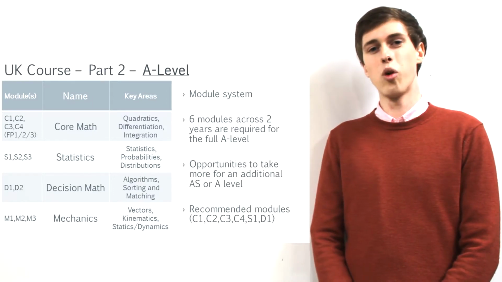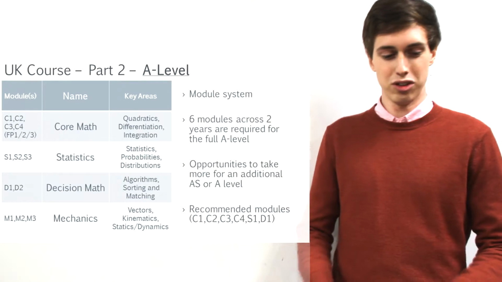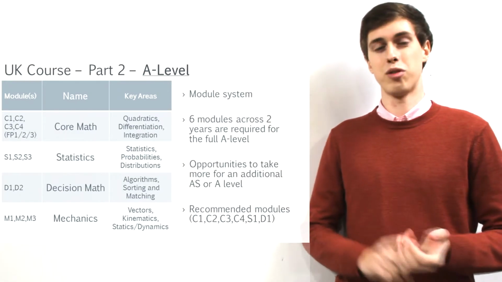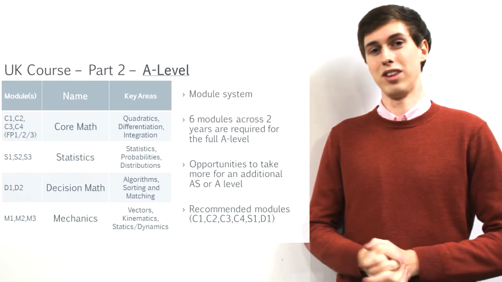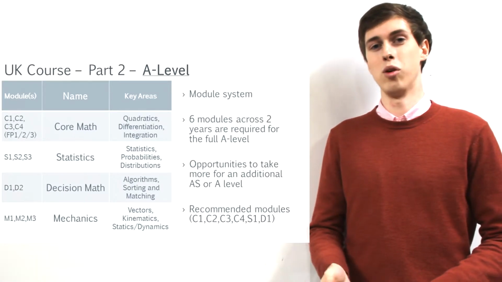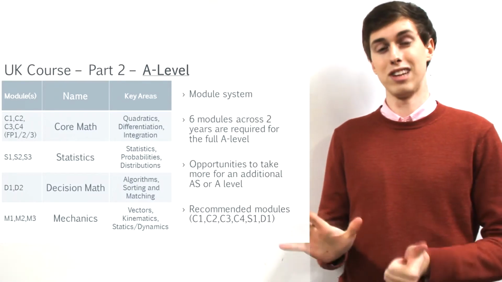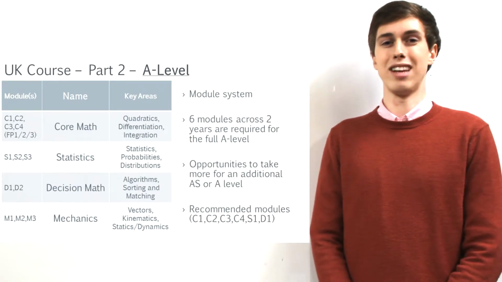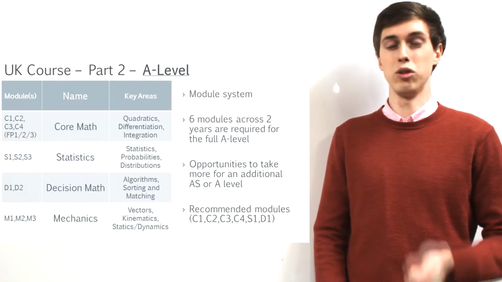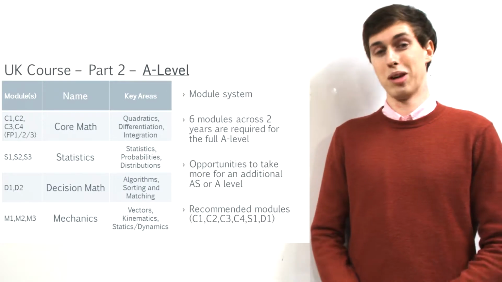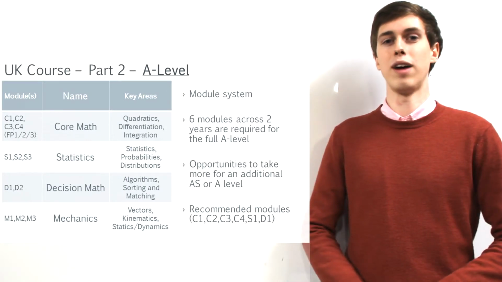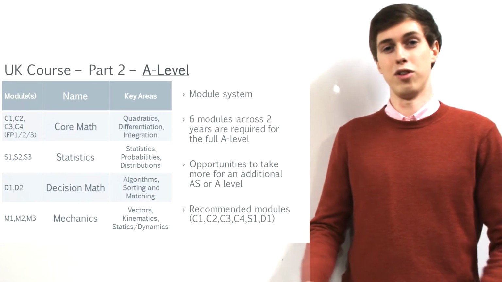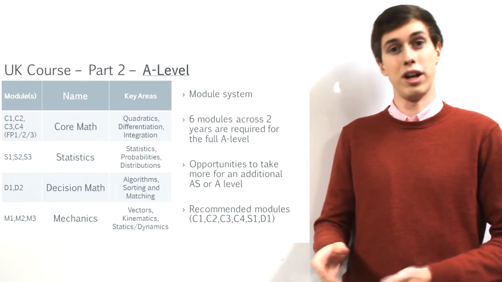We begin with core math, which introduces some quadratics, differentiation, and integration. Now, we recommend that for the average student who is going for a 1 full A-level, which is 6 modules, we recommend that they take core math C1, C2, C3, and C4, because as the name suggests, it is core and it gives them a good foundation of math for the further modules and for whatever they would like to